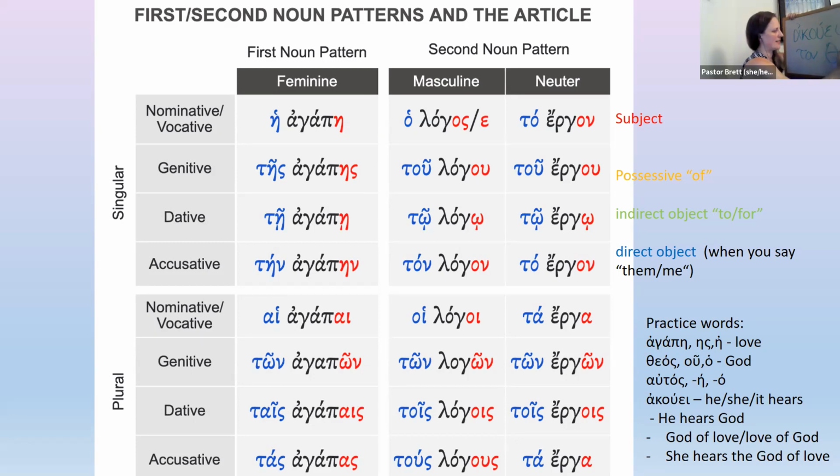Close. You're right with your ending. That'd be theon. Theon, right. So we haven't been over this and you don't need to know it. We're just working on recognizing it and kind of seeing patterns, and we're going to talk about why it matters in a second. So with nouns like this, like logos, the omicron sigma gets dropped and then it turns into